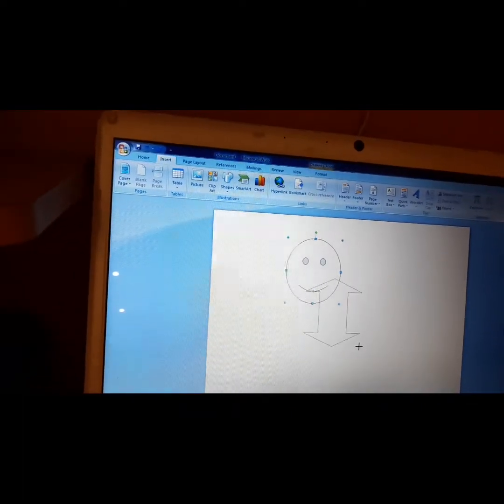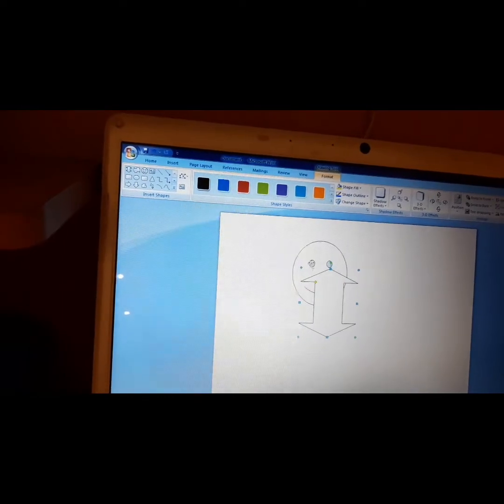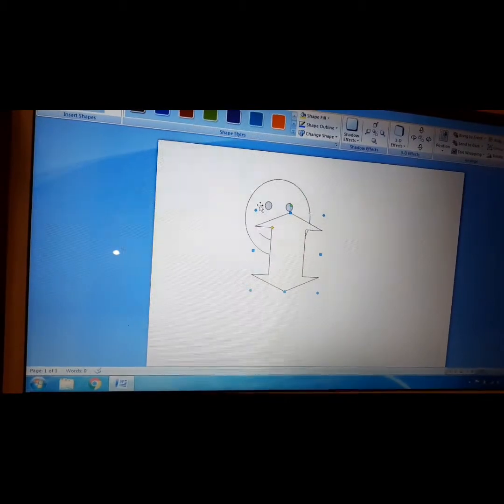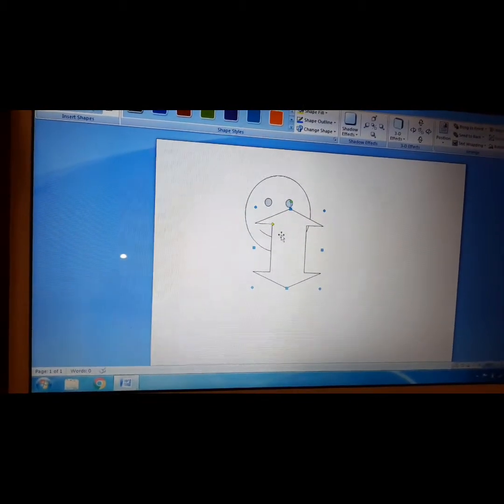One more shape can be added. If I need more than one shape, then again I will go to Shapes and click on any one of the shapes. Now we have two shapes, children, and you see that the shape at the back is being overlapped by this arrow.